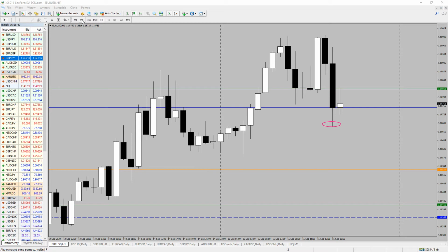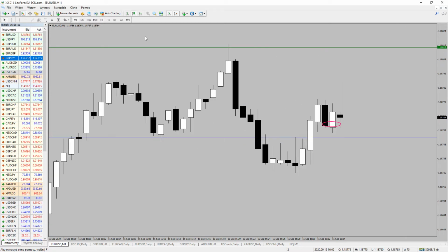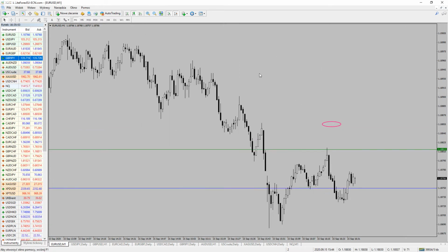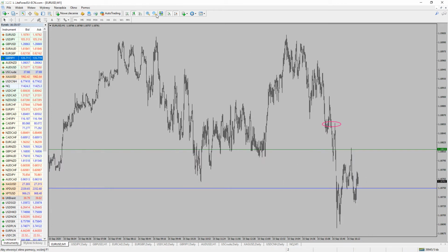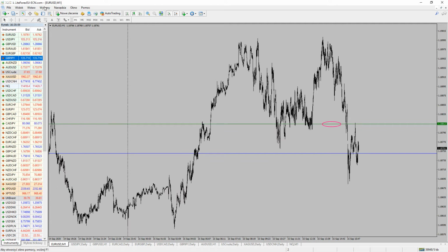Let's switch to the 1 minute chart and let's have a look if there was something telling us that it was possible to join that party, right? So first thing first, it was the stop count with rejection on the 1 minute chart over here, but let's say that we are waiting for the retest, and let's say we got that retest. So let's put the line on this 1 minute chart,